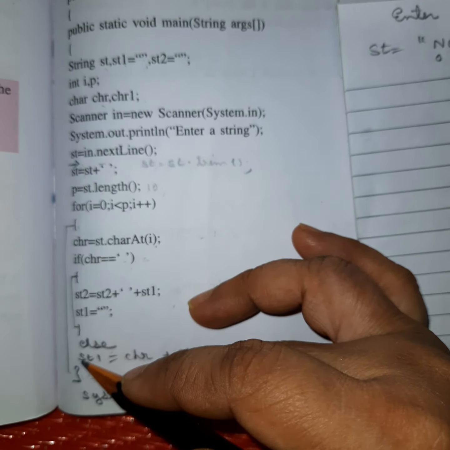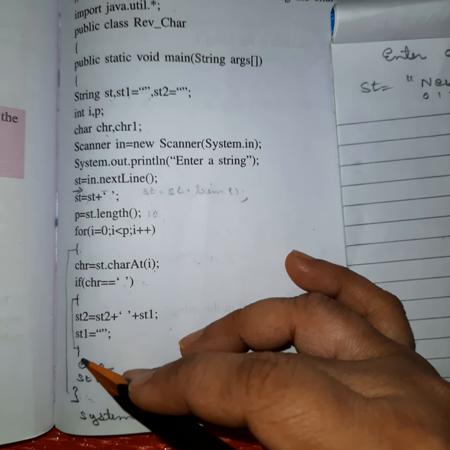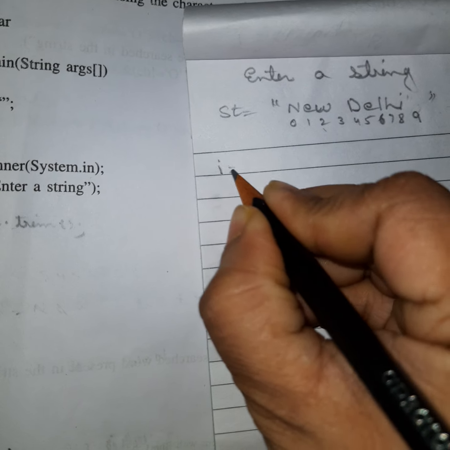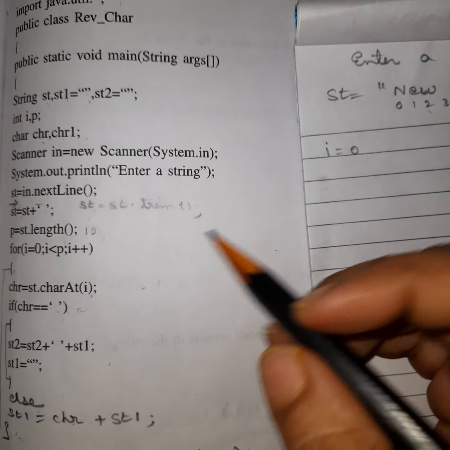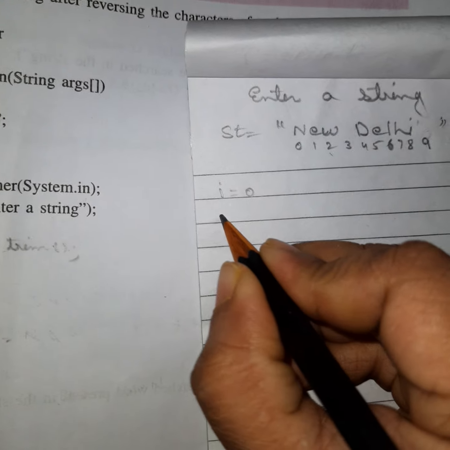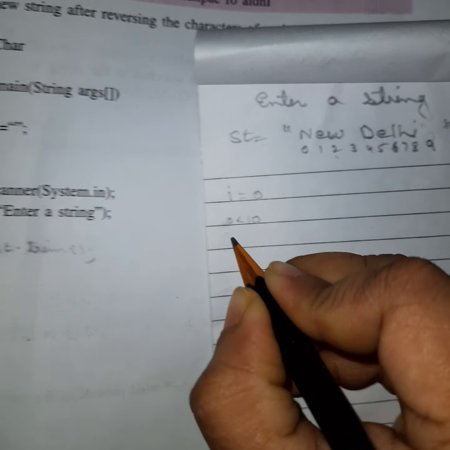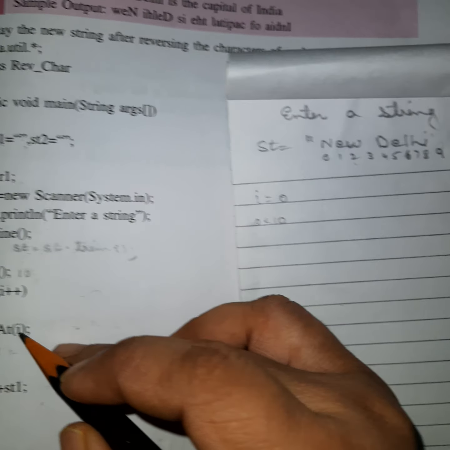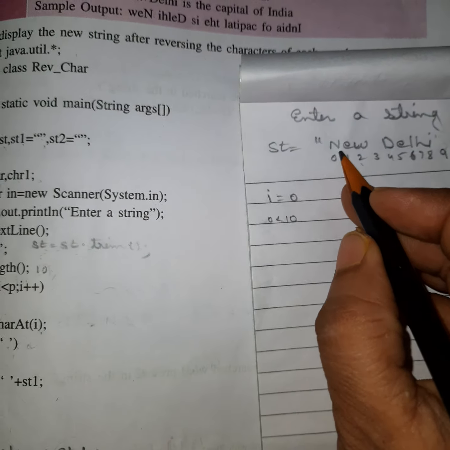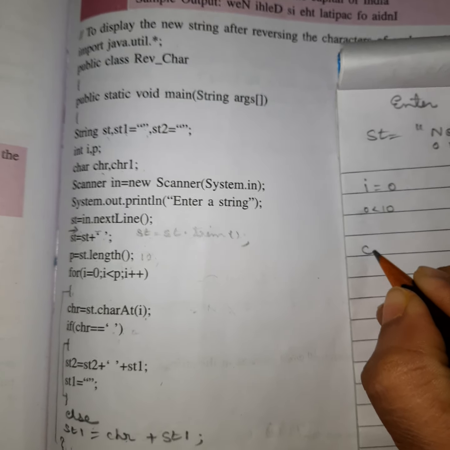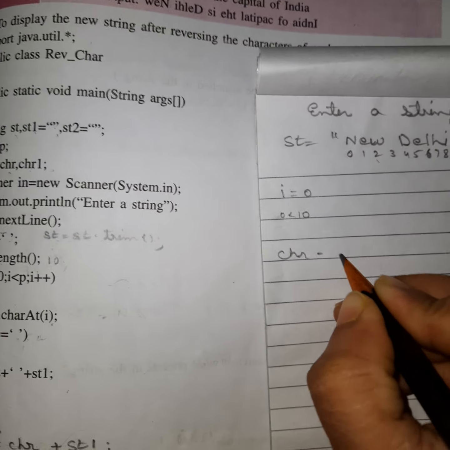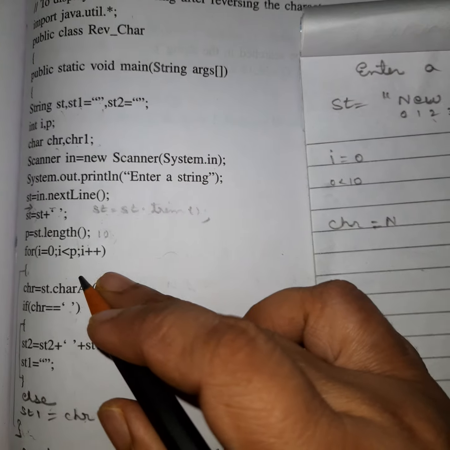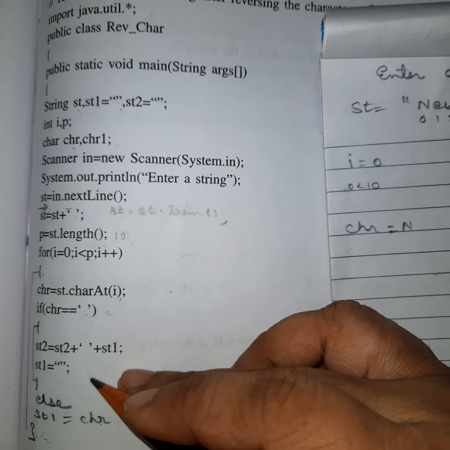Then you can see this is the for loop, and this is the if statement. So let's continue. Here i is equal to 0. So it is the condition: 0 is less than 10. Condition is true, so it will come here, charAt(i). Character at 0 position is n. It is not a space, so it will not enter here.